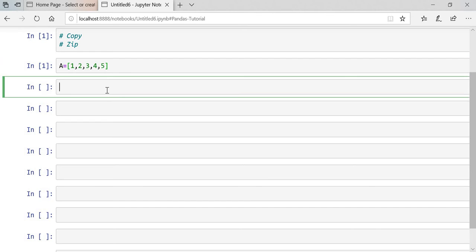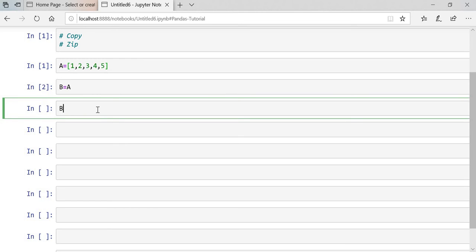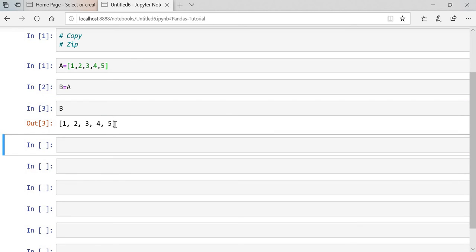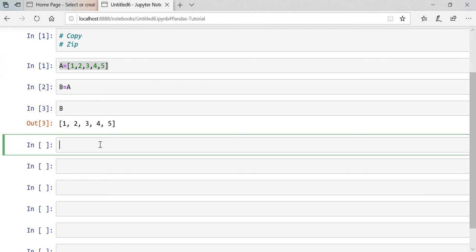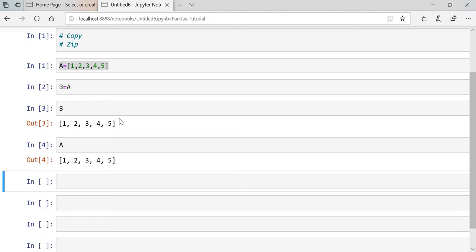If we want to assign list A to B, the elements inside A will go to B. Once you execute, you get the same elements as in A. In A also we have the same elements.